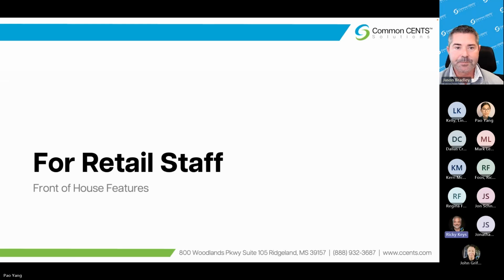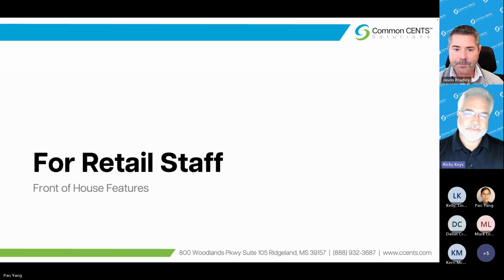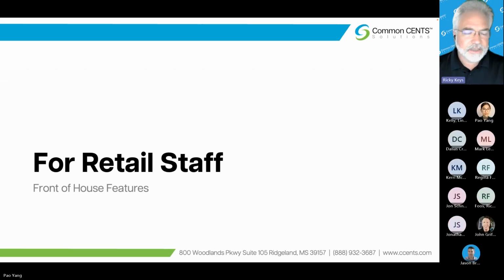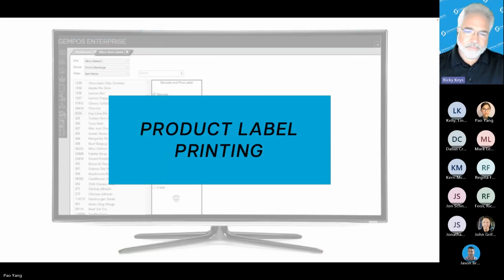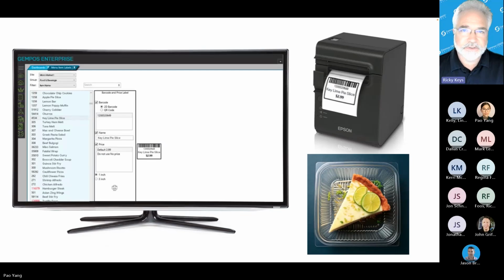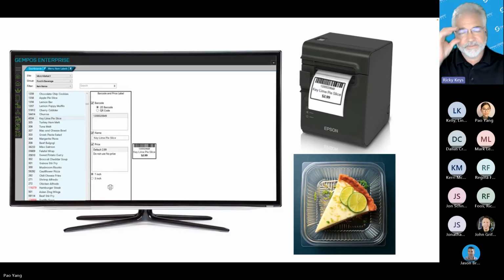Ricky? Thanks, Jason. For your retail staff that's going to be using tablets or using the workstations, there are also some features there that some of our customers don't realize we have. One is the product label printing. And what you can do here is you can print labels for your items that do not have UPC codes, meaning that the bag of Fritos that Jason referred to had a UPC code from the manufacturer,